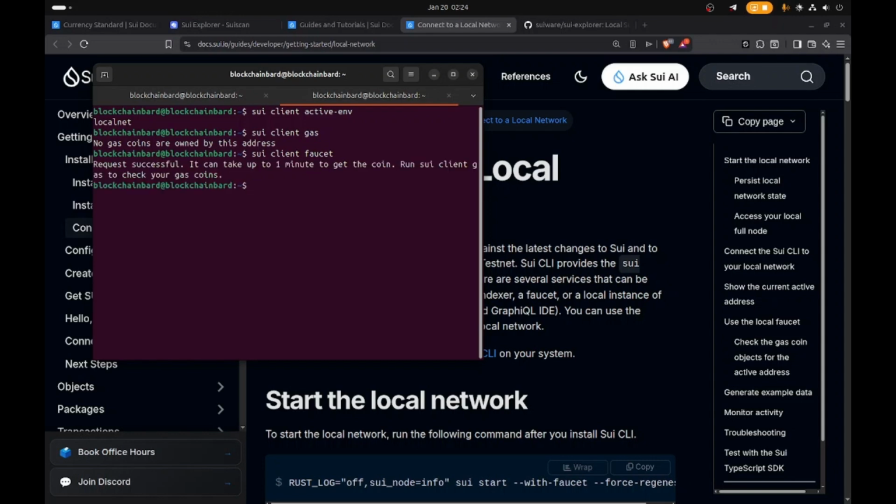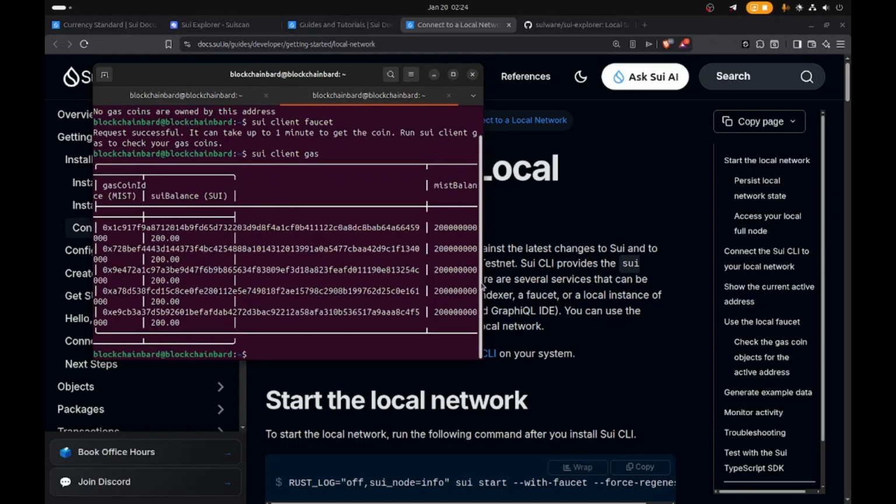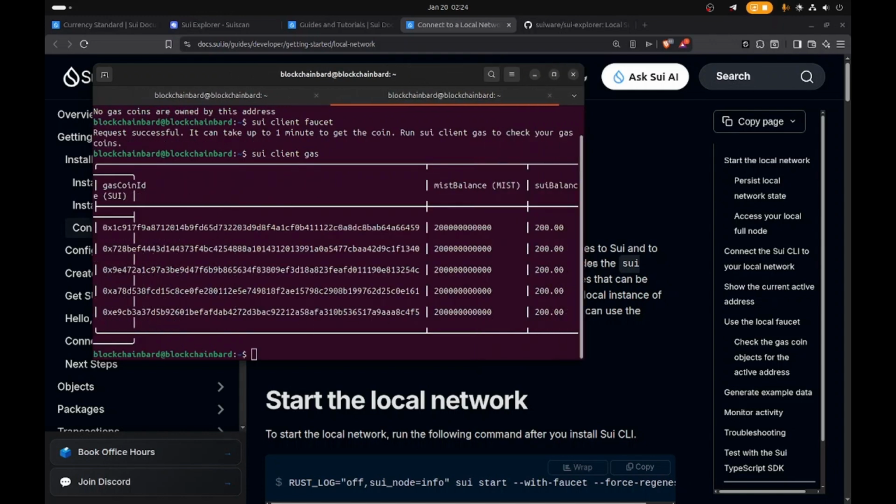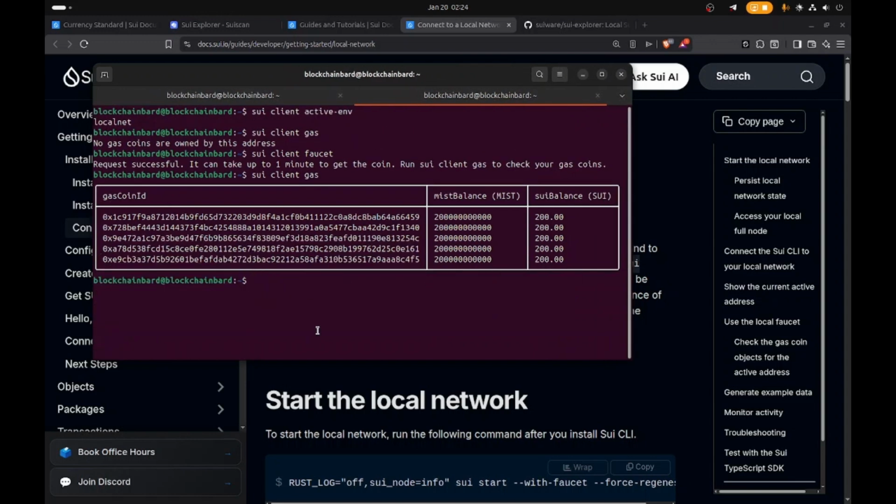So now we've gotten faucets from the local network. Let me check again. So now we got about 1000 Sui for the faucets. Okay, but one thing with local network is that most developers do not know how to get the Explorer,